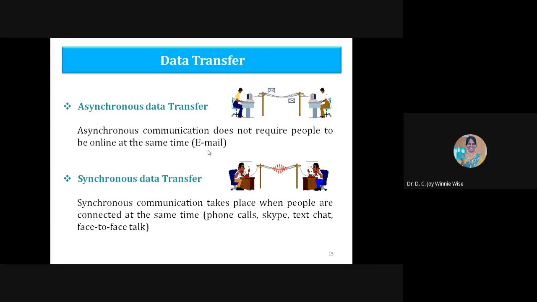Before transmitting, the data must be framed according to whether we are going for asynchronous or synchronous data transfer. You are studying this in networks also, so you can write the theory from the computer network subject. Asynchronous data transfer is framed between the start bit and the stop bit. Hope you remember, we have the start bit, then the data, then the parity bit, and then the stop bit.